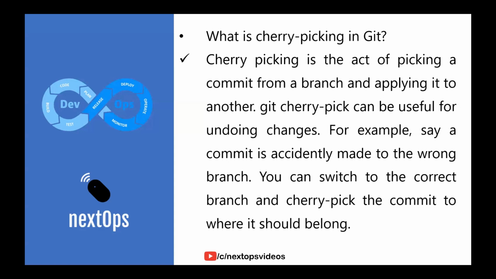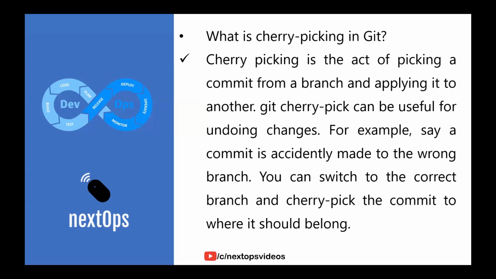Again, like using the git revert command or git reset command, we can undo on the future 1 branch and then commit again onto the future 2 branch. But instead of doing all that, there is a feature called cherry picking, with which you can remove that commit from future 1 branch and then attach it to the future 2 branch simply. So cherry picking is the act of picking up a commit from a branch and applying it to another branch.